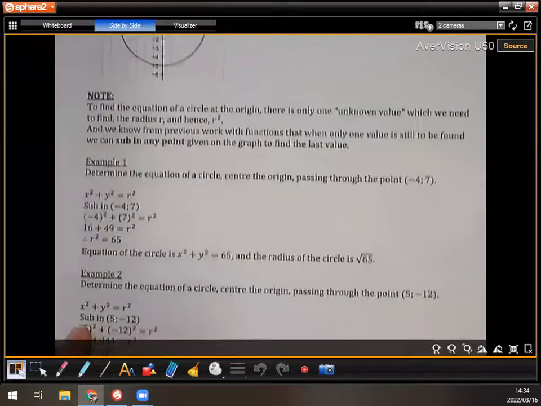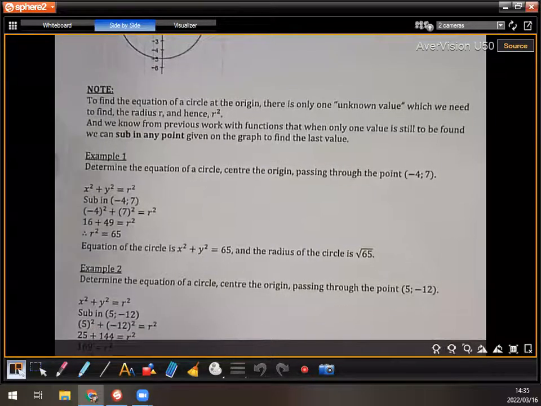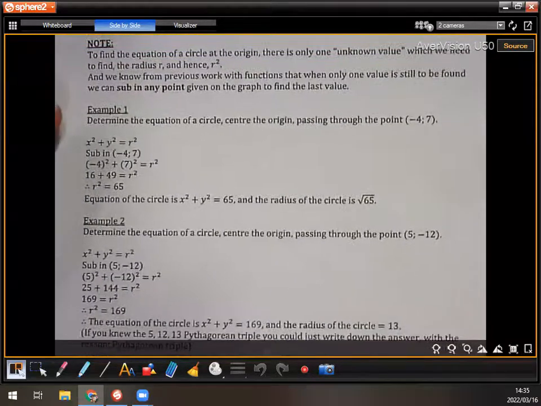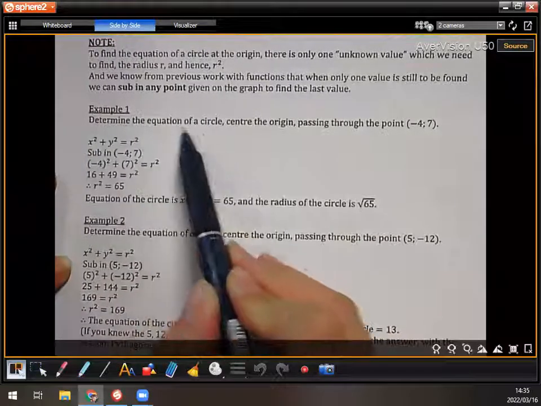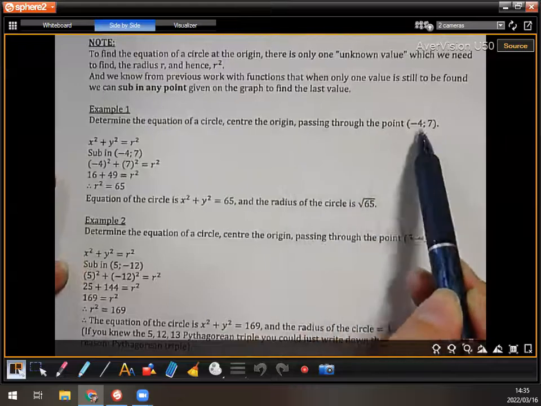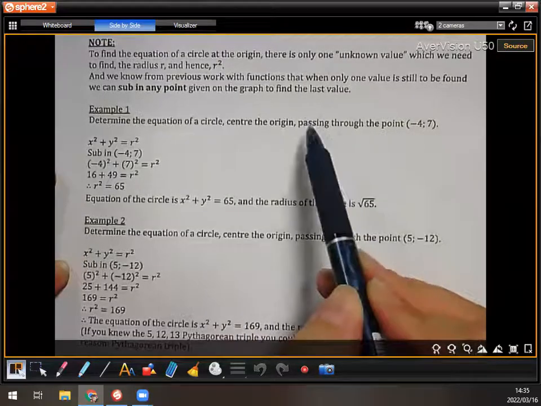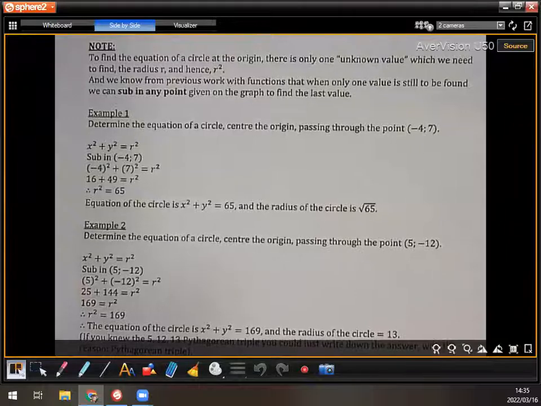Unfortunately, sometimes they don't give you that information, right? They give you other information. So there are 2 examples here, and they're already typed up, but I do want you guys to pay attention. You're going to practice this after we're done going through this example. Determine the equation of a circle, center the origin, passing through the point -4, 7. But as they say center the origin, you have to think immediately